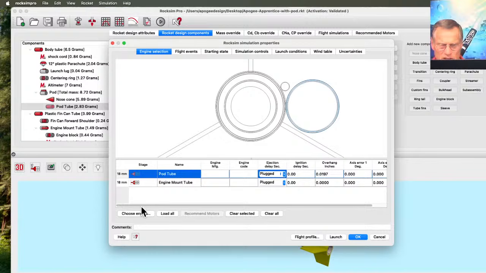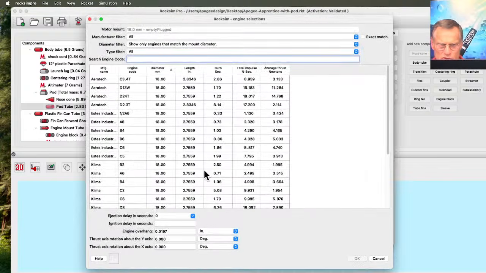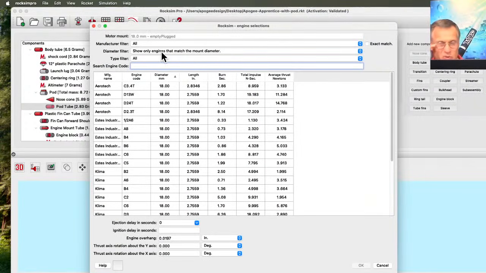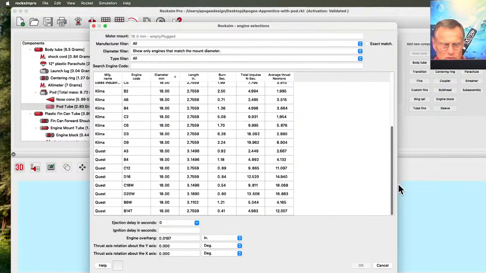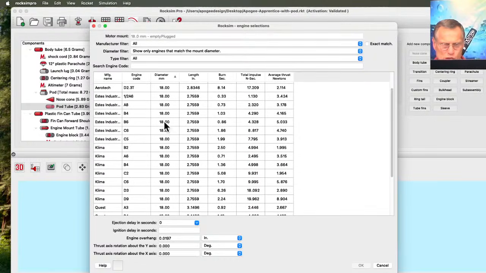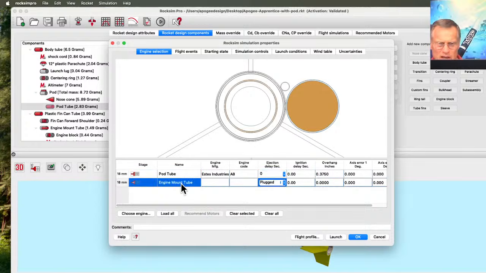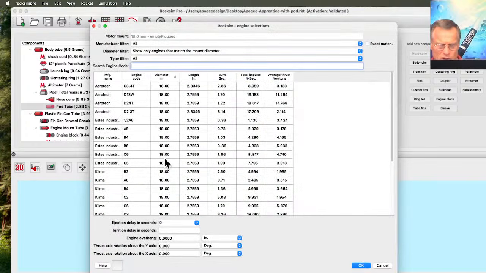So let's select a motor for these tubes. So I'm going to choose an engine. So this one, I'm in the pod tube. So this is the outside one. So on this one, I want something that's going to burn really short. So I'm going to use an Estes A8-0, and I'll set it hangs out the back 0.375 inches, which is 3/8 of an inch. I'll click OK. So I got my pod tube now, and then my central motor, I want something long burn,